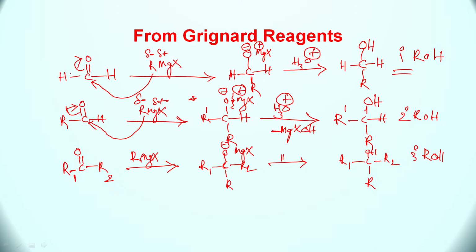So from formaldehyde you are getting primary, from aldehydes other than formaldehyde you are getting secondary, and from ketone you are getting tertiary. And from ester also you can prepare tertiary alcohols. How can you prepare from ester? This is ester, R C double bond O R. Let us take R1 and R2, this one. When you treat with RMgX,